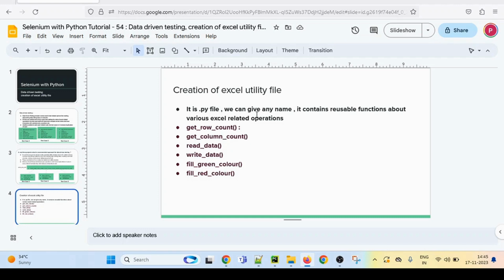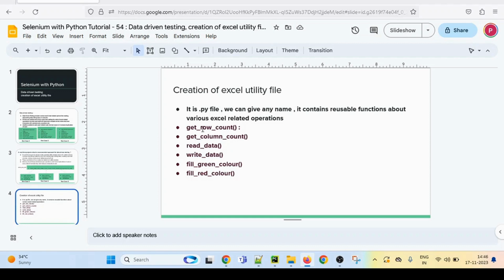So what are the different functions which we will create? Get row count, get column count, reading of data, writing of data, filling green color and filling red color. These are the functions which we will write in that Excel utility file, and then we can utilize these reusable functions from this utility file.